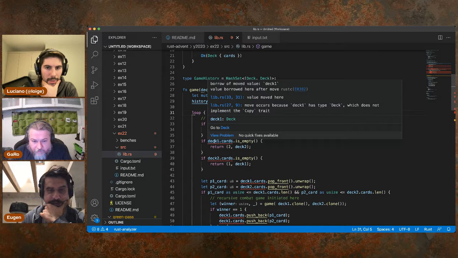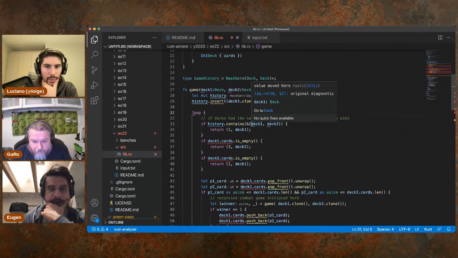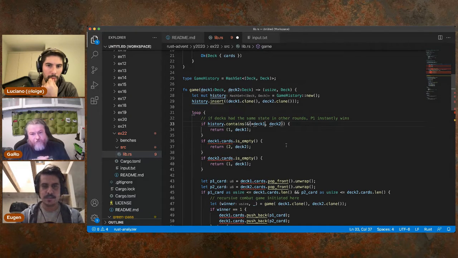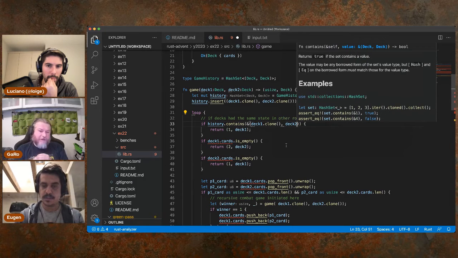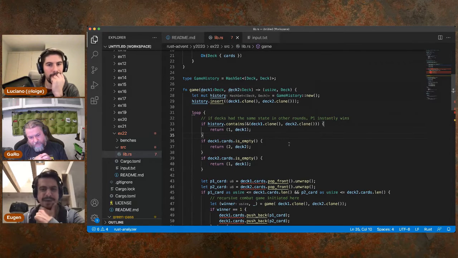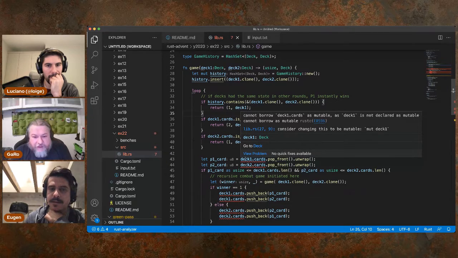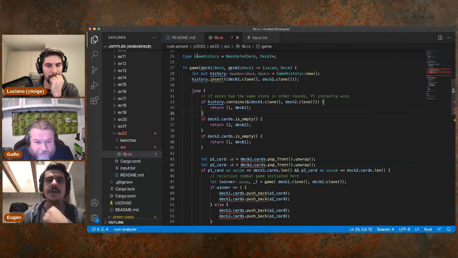27. Value moved in 33. Yeah. Oh, you need to do contains with clone. You're right. Okay, we probably removed that clone, I guess. I think so, for some reason. Not sure why. No. Cannot borrow as mutable. But we have to mutate it, right? But it's because it's not